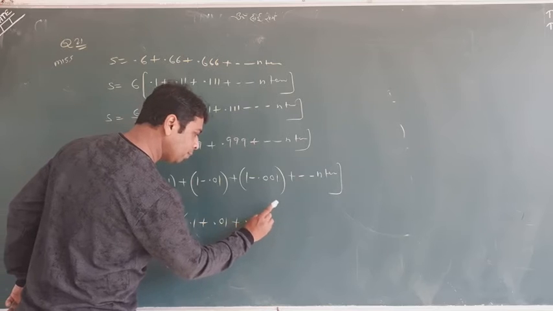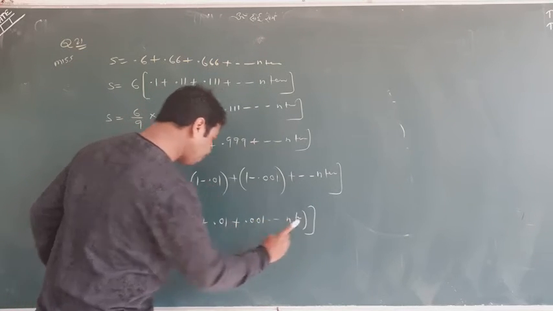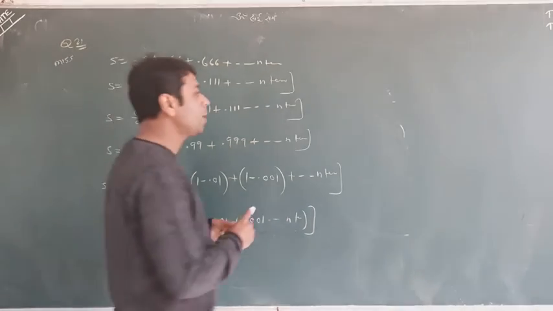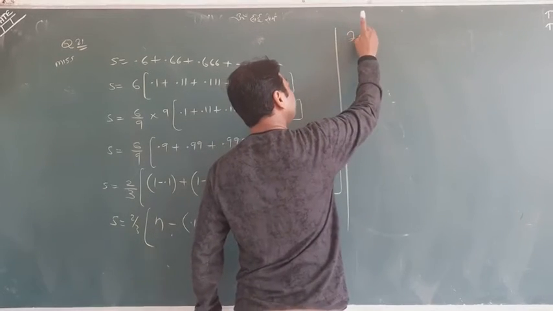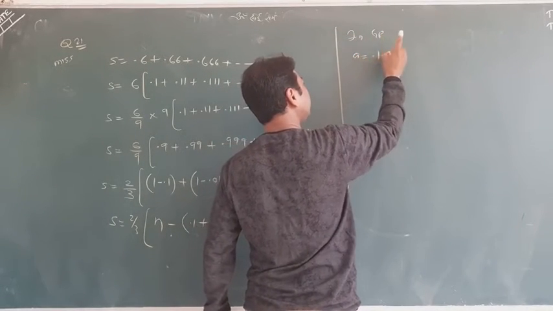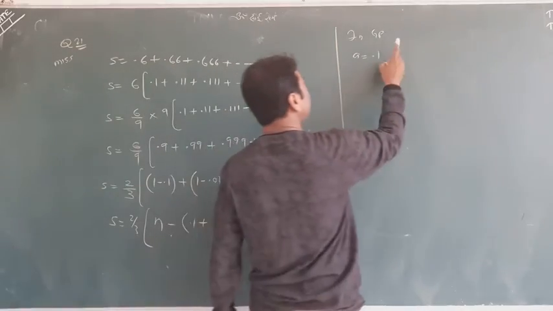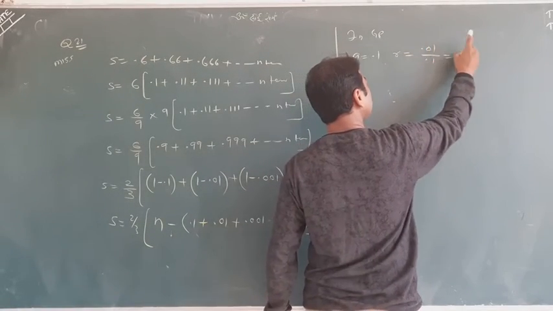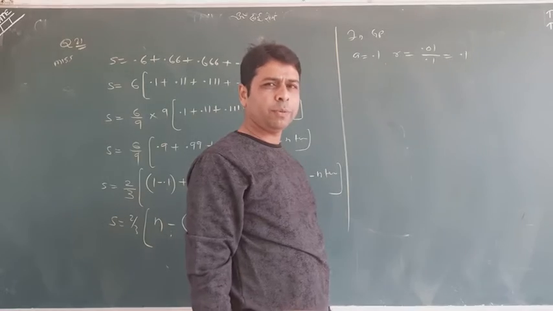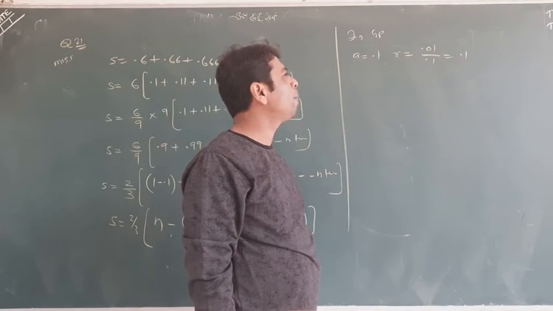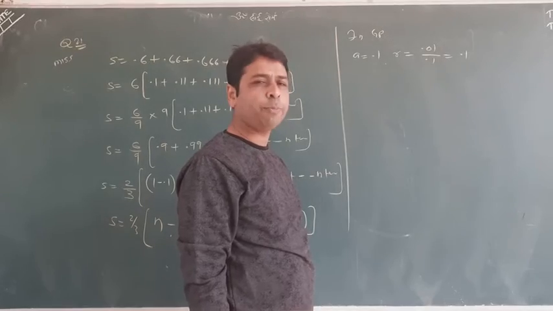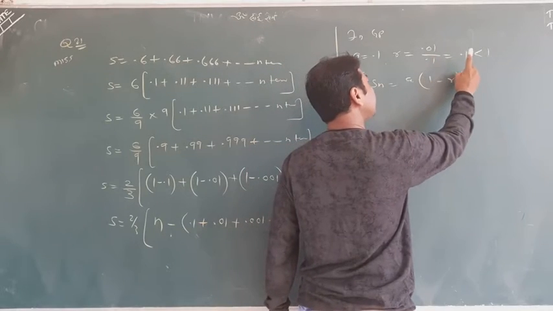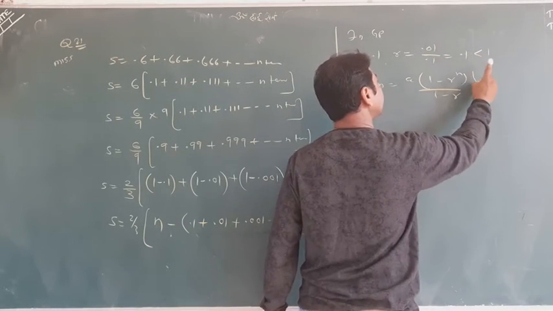Plus 0.01 and so on. What I have done, you can understand, is that I have taken minus common and collected all this kind of term. This is none else but a GP. Can you see? In this GP, we have a equal to 0.1, and the ratio is this upon this. 0.01 upon 0.1 is also 0.1. One can understand just by removing the decimal from both sides. We definitely have ratio 0.1, which is less than 1. So I'll go with the sum formula a times 1 minus r to the n upon 1 minus r. This is the thing.